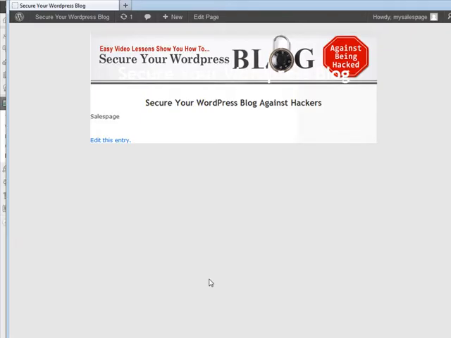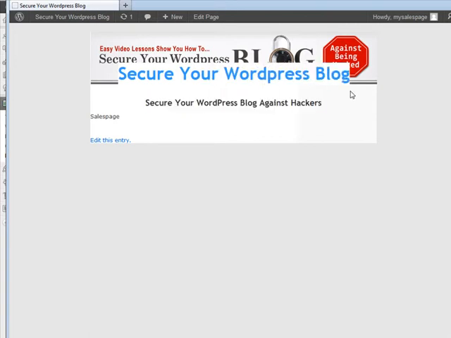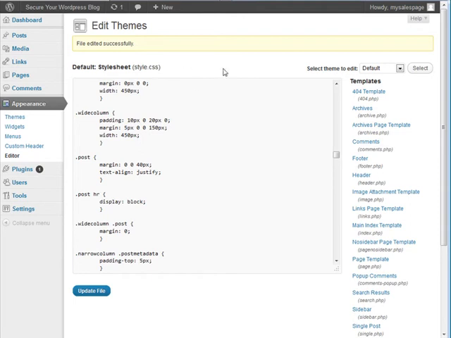Okay, now you see we have things lining up now. Now we still have the problem of, you'll see that our header is overwriting in here. Now to change that, we need to go back over here. We need to go to header,